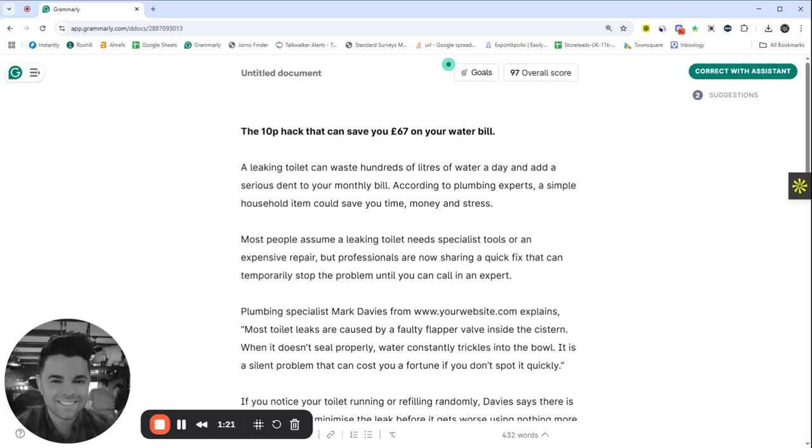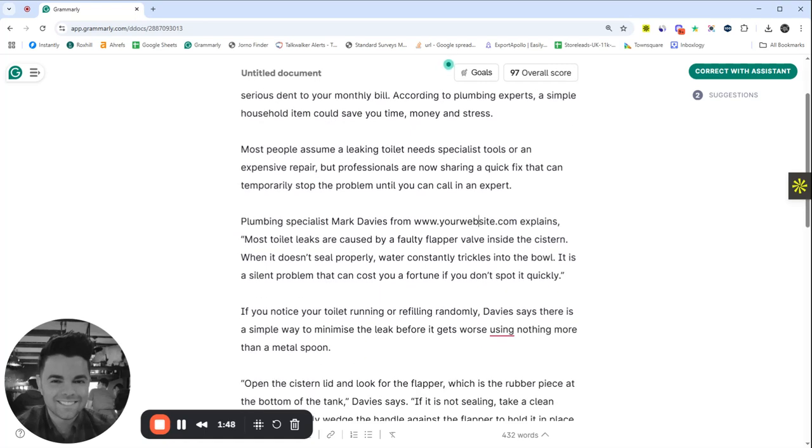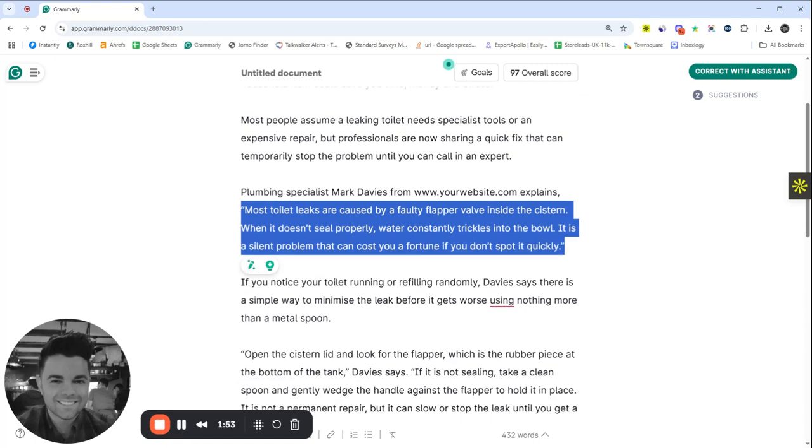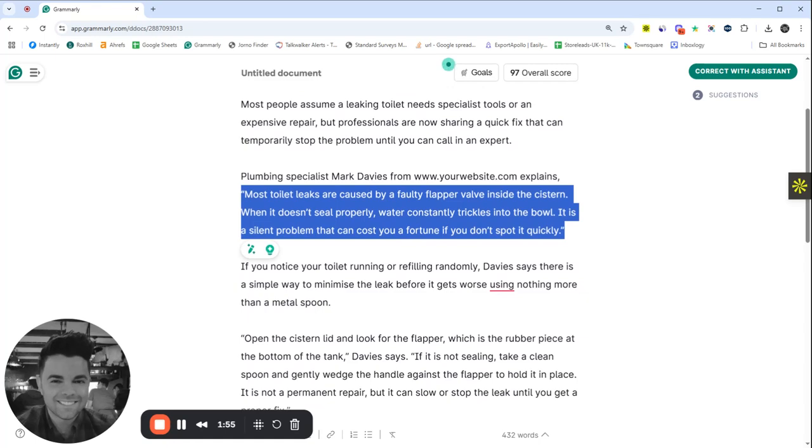So this is the press release we would send for that idea. As you can see, the main things are a headline and a little bit of an introduction, and then we have our expert mentioned in the press release along with a link to their website. It's not linked up at the moment, but it would be here, and it could be marksplumbing.com, for example. After that, what we tend to do is go into a nice quote from the expert. And then we break up the press release by sections.